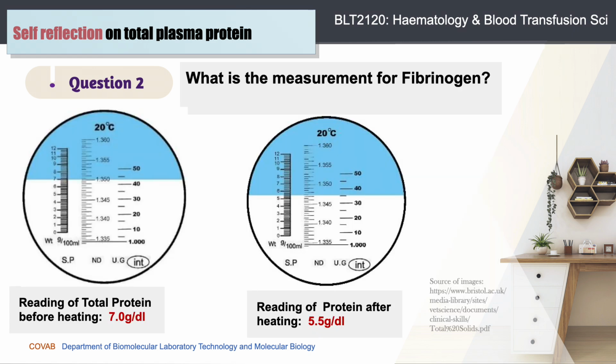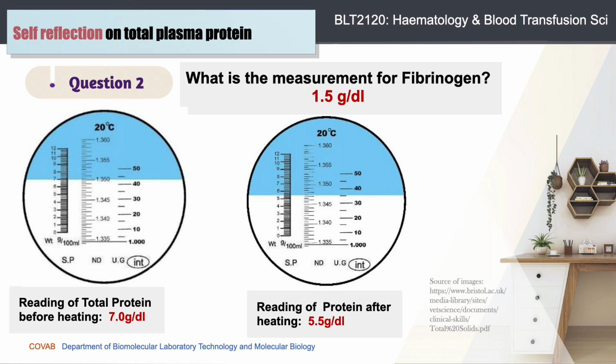Let's look at a third question. This is the interface of a refractometer. The first one gave us total protein of 7.7 grams per deciliter. This was before heating. The second one gave us protein after heating, and it showed us a reading of 5.5 grams per deciliter. So our question is, what is the measurement for fibrinogen? So it will be the reading before heating, and you subtract the reading after heating from that. That gives us 1.5